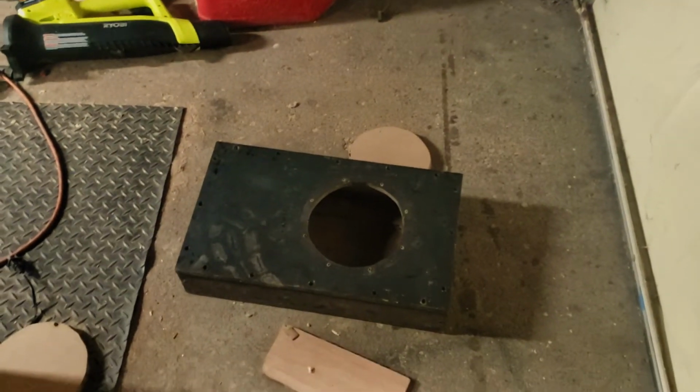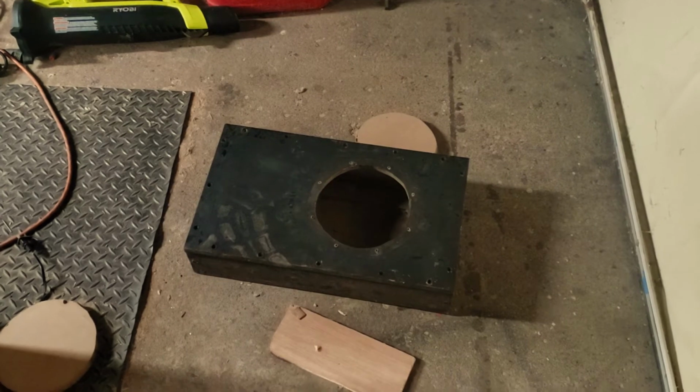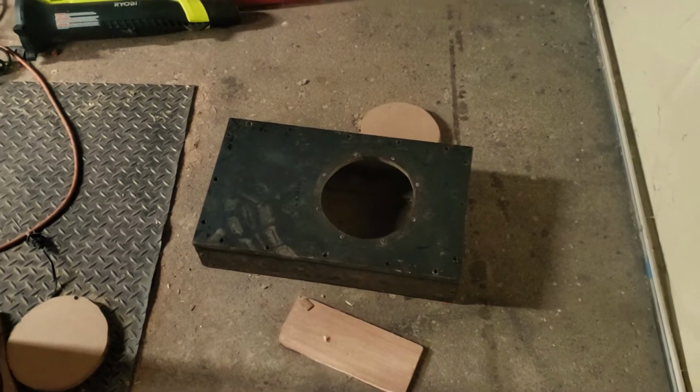So this is the first design right here. This is following a member's dimensions on the Ridgeline forum. The problem with this box is that it's too